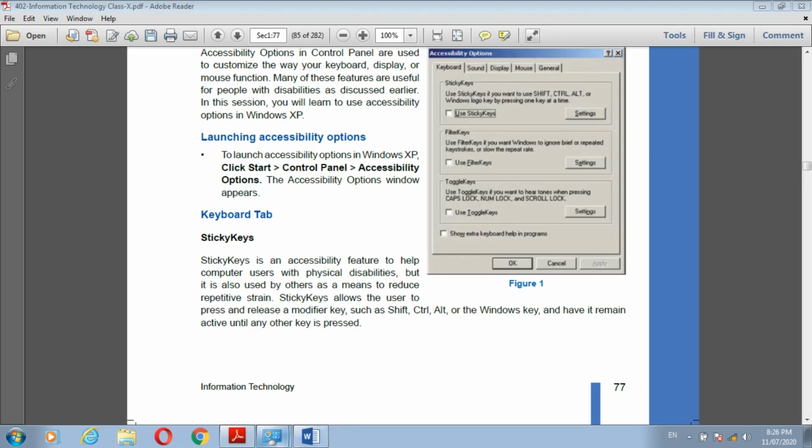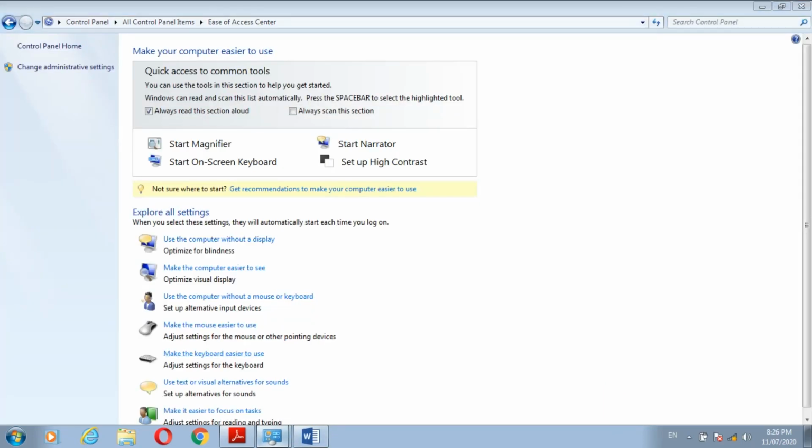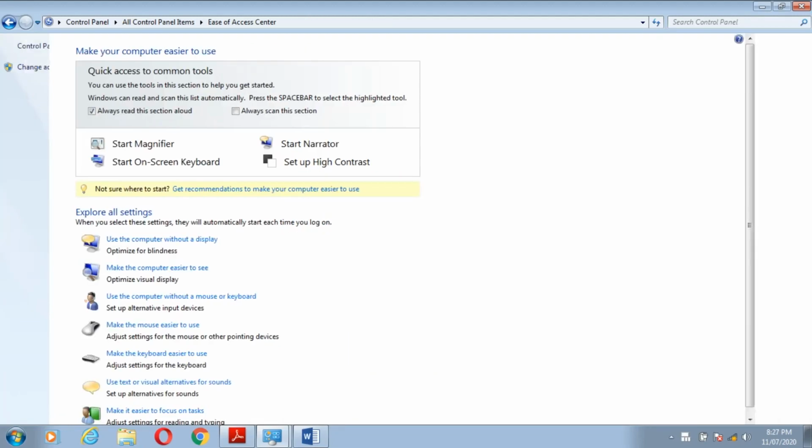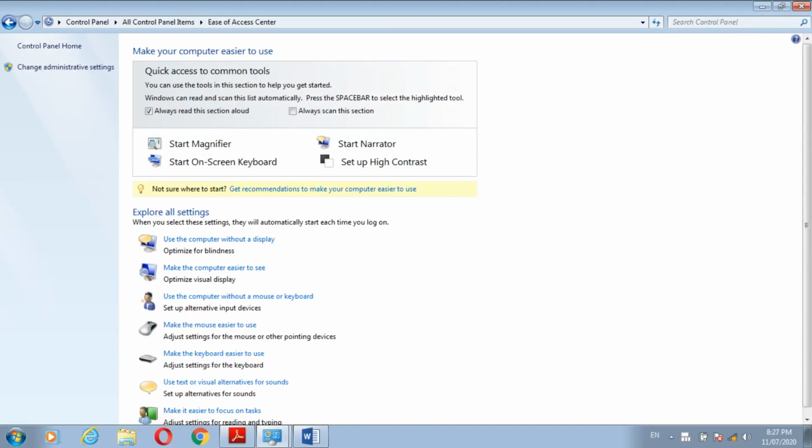How can we do it now? See, let us do the practical. Go to this option, turn here. See here, have you seen this? Make it easy to type. Check the turn on sticky keys option, and apply. In this way the sticky keys option we are applying.